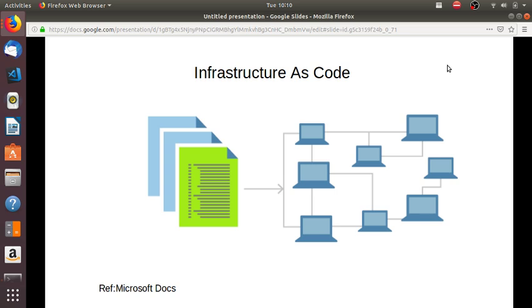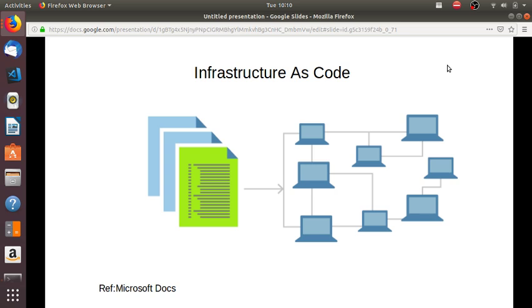And since the infrastructure is now coded, we can apply all the features that we can apply to the application code. That is tracking, versioning, storing it in the source code repositories. All these features can be done with the infrastructure as well now. And there is one other feature that was lacking in the shell scripts. That feature was